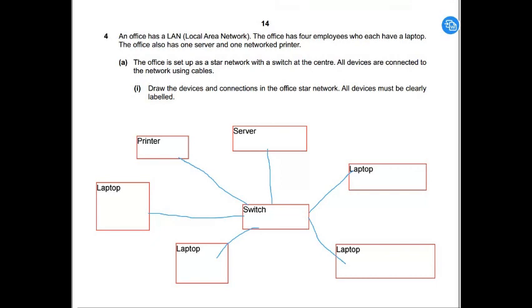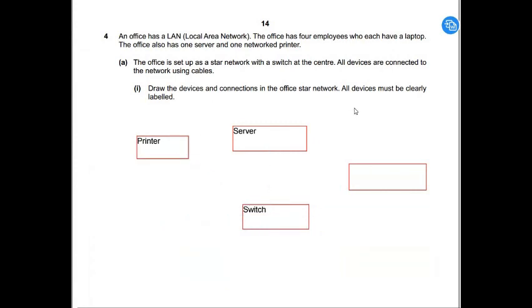That is how we would do it. That would get you a full 3 marks just by doing those drawings. So the printer can be connected to the server or to the switch, but I connect it to the switch because the switch is a device that connects the devices together into one local area network, which is why I put the printer connecting to the switch. Okay,